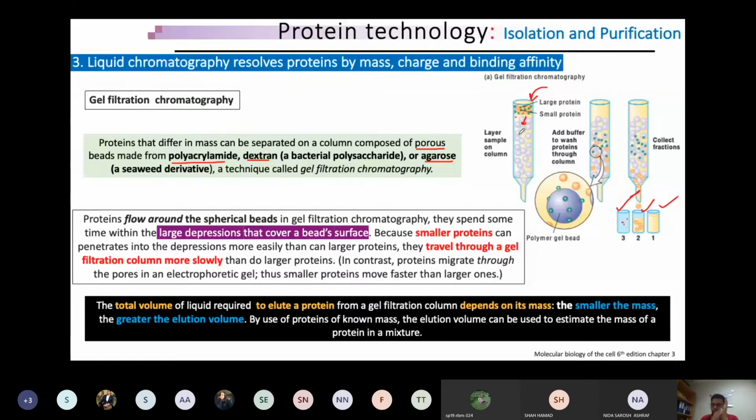And this is the buffer. This soap is a buffer, and now it is flushing out. Normally the volume depends on the volume of the column. So if you talk about small protein molecules, normally they require minimum one column volume to elute. It could take more, but minimum one column volume is required for separation, because